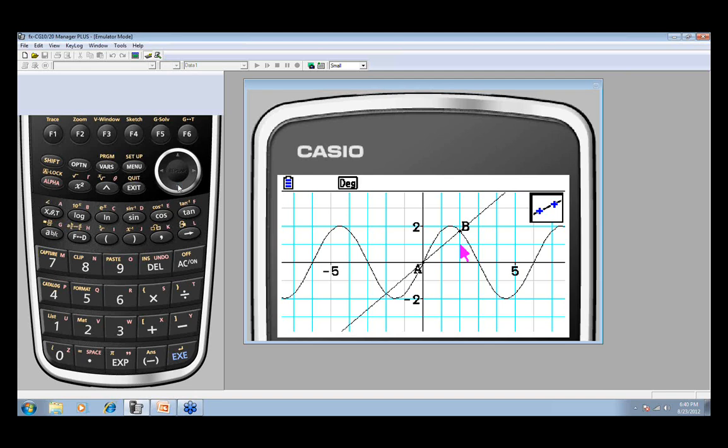I'm going to press 5 again to take me back to the center of my graph, and I want to scroll up until my yellow graph is blinking. So I want to select this graph again. Just select it there and press execute. Okay, and now we're going to come on up to the black graph again, the sine graph, till it's in yellow, so it knows we're pointing to it, and we're going to select it.